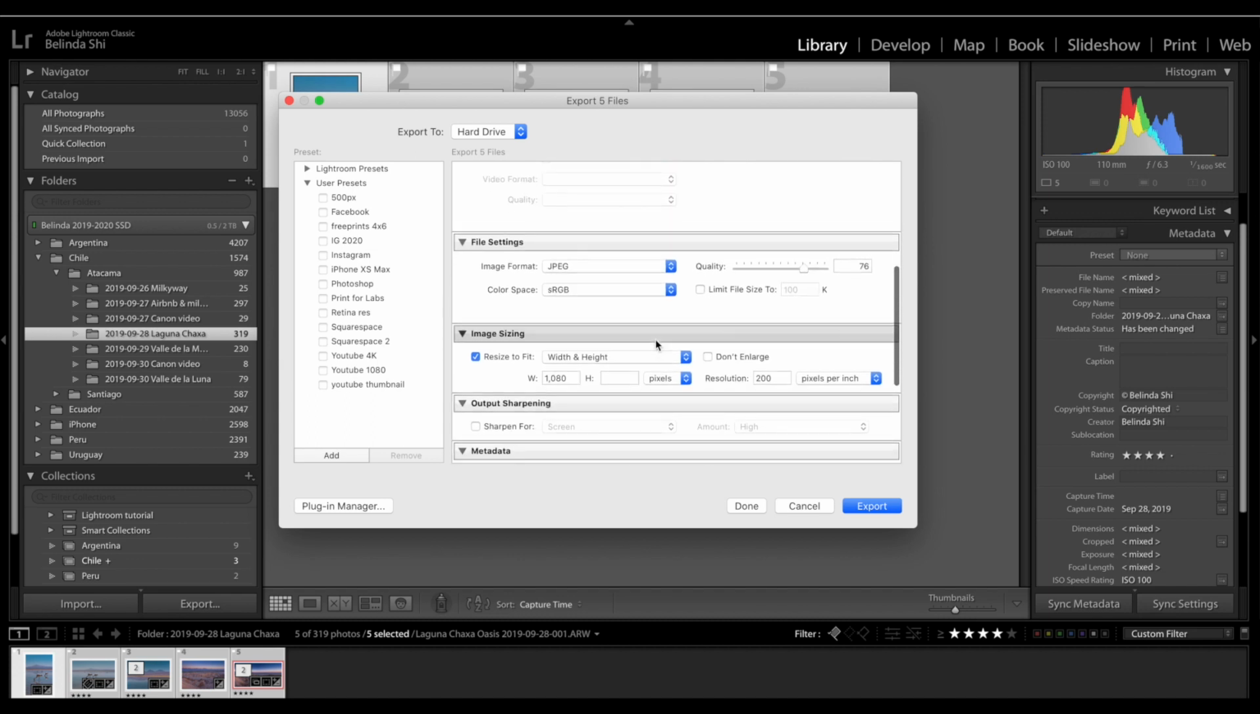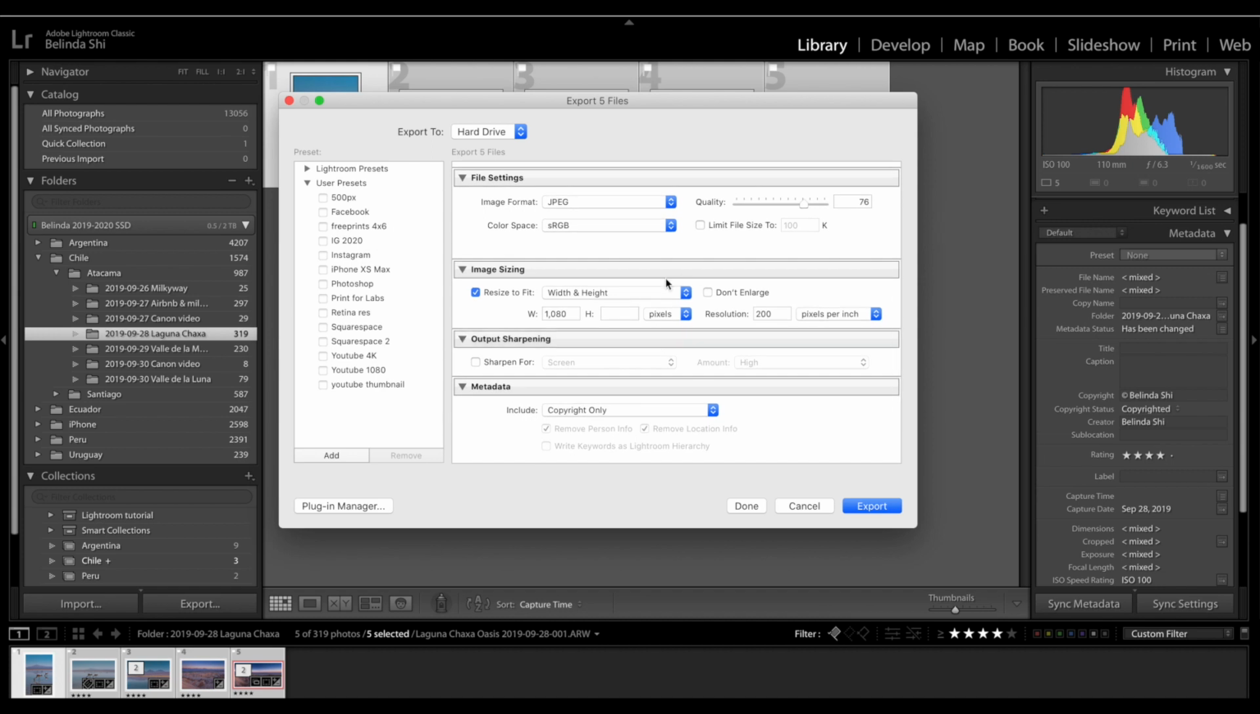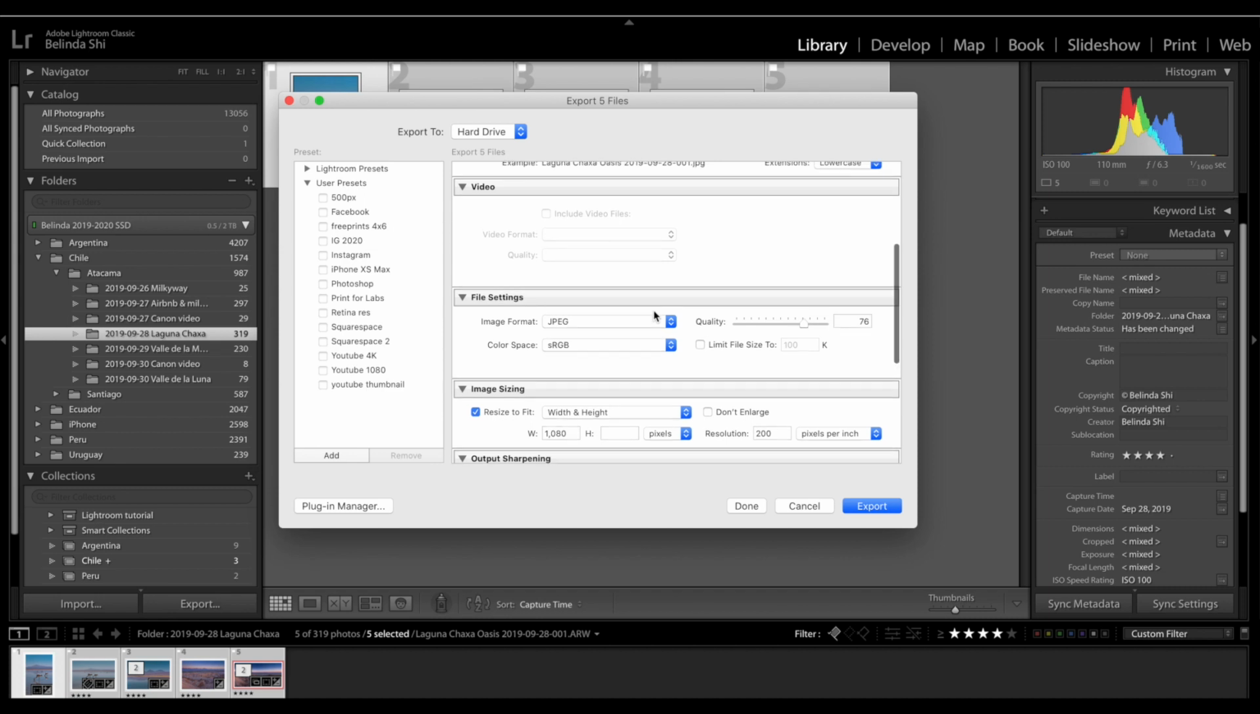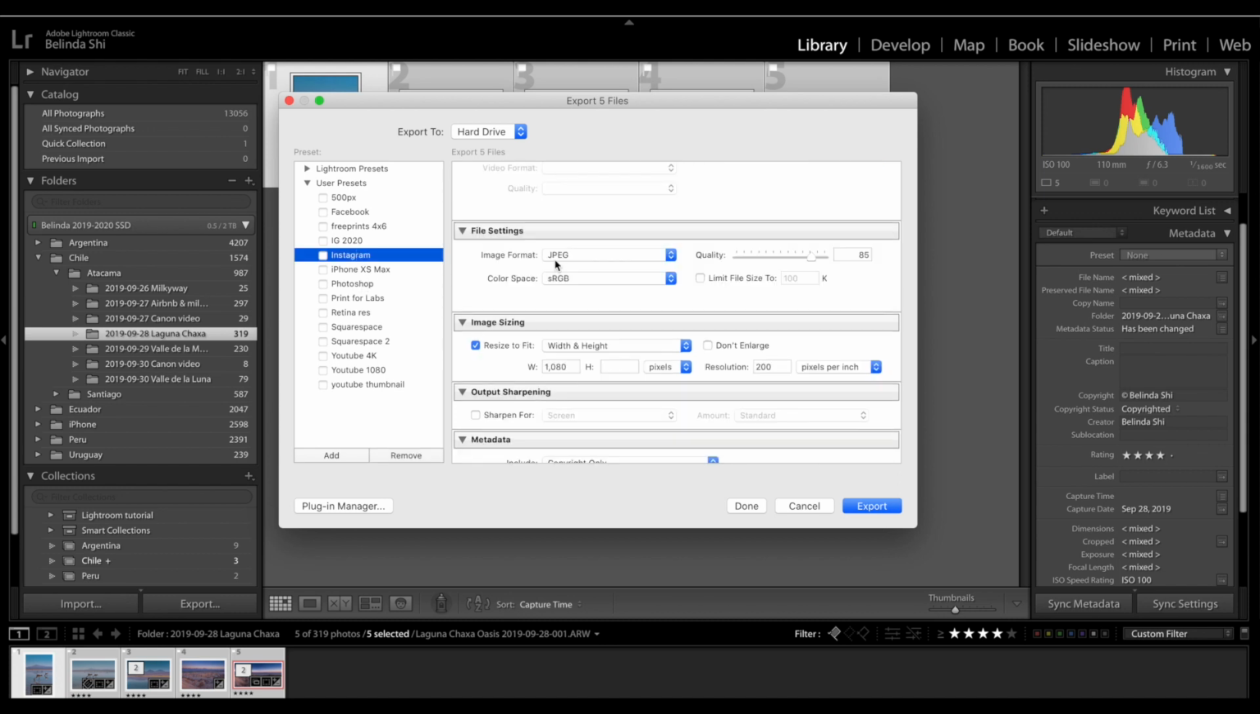Instead of changing your settings every single time you export photo files, I'd suggest you create a preset for each of your social media. Let's take a look at my Instagram settings. Image format, JPEG, color space,